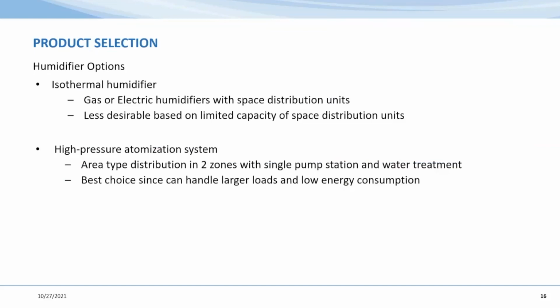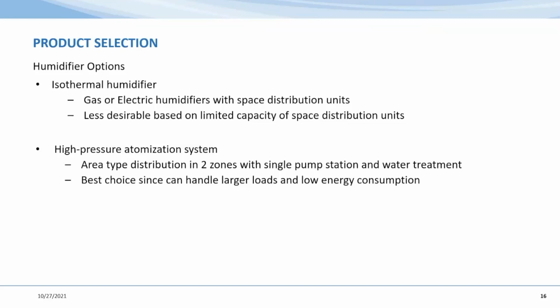What might be a potentially better solution is a high pressure pump station. That can be located away from the flowering room, wherever your water treatment system is in that mechanical type space, and controlled via two different zones. As we get more zones and use one pump station for multiple zones, we get that additional benefit of zoning capability. And this might be the best choice because it can handle larger loads and has a lower energy consumption, without even talking about the offset of